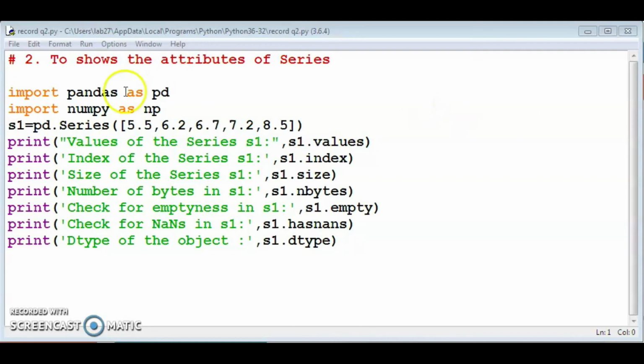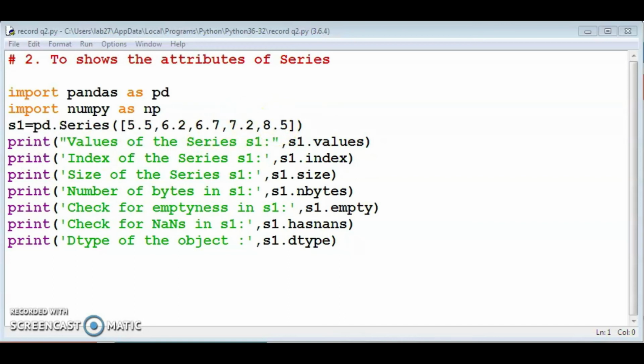For that, we can import the pandas library using this statement: import pandas as pd, import numpy as np. s1 is equal to pd.Series. Within the square bracket, I specified the values: 5.5, 6.2, 6.7, 7.2, 8.5.